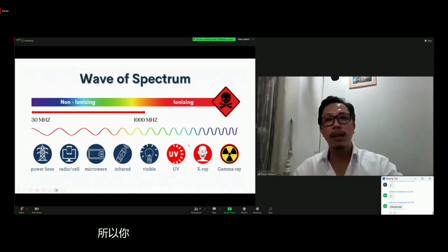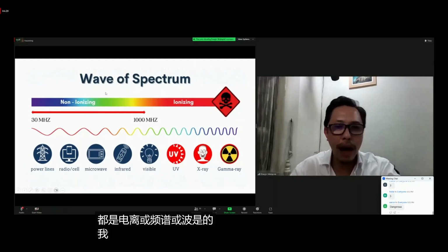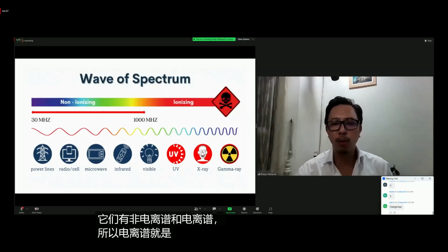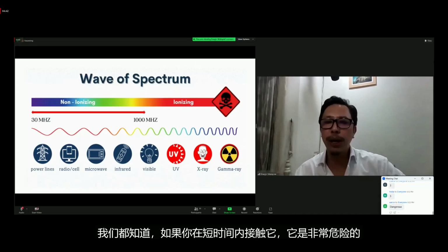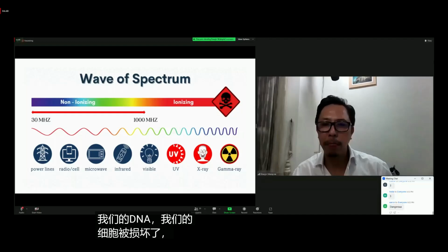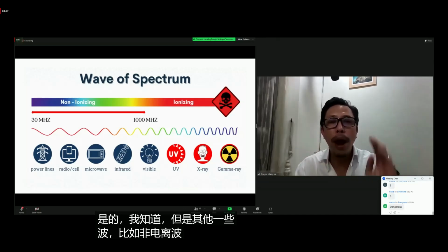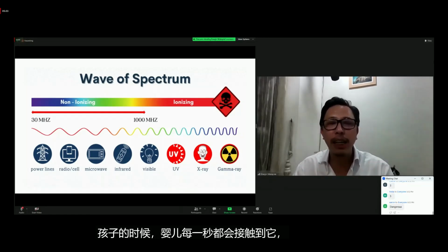So you say that, hey, Nicholas, there are all these ionizing or spectrum or wave. Yeah, I know. So let's put it this way. There are non-ionizing and ionizing spectrum. The ionizing spectrum is what we call the gamma ray and the X-ray. We all know it is so dangerous. If you're exposed to it in a short period of time, our DNA, our cells are damaged. And you say that I'm not exposed to it every day, right? Yeah, I know. But how about some other wave like non-ionizing where we, adults, children, baby are exposed to it every single second,